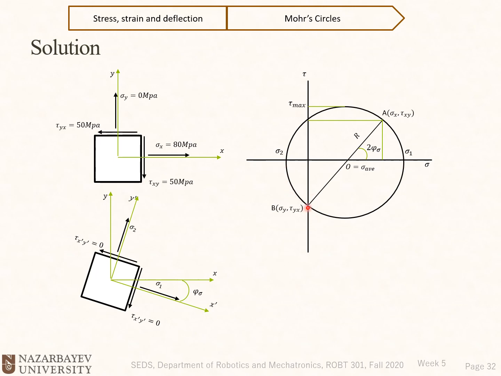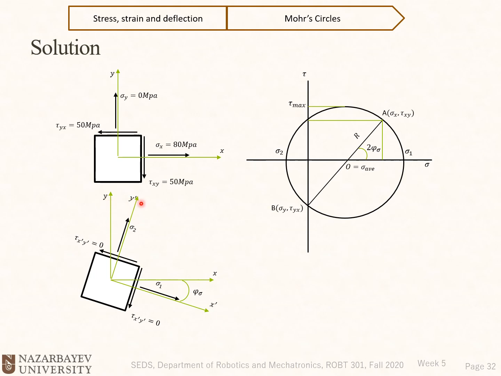So basically we are rotating this line AB to sit exactly on the horizontal axis, or sigma axis. Point A sits on the point sigma 1, and you see that sigma x becomes equal to sigma 1 now